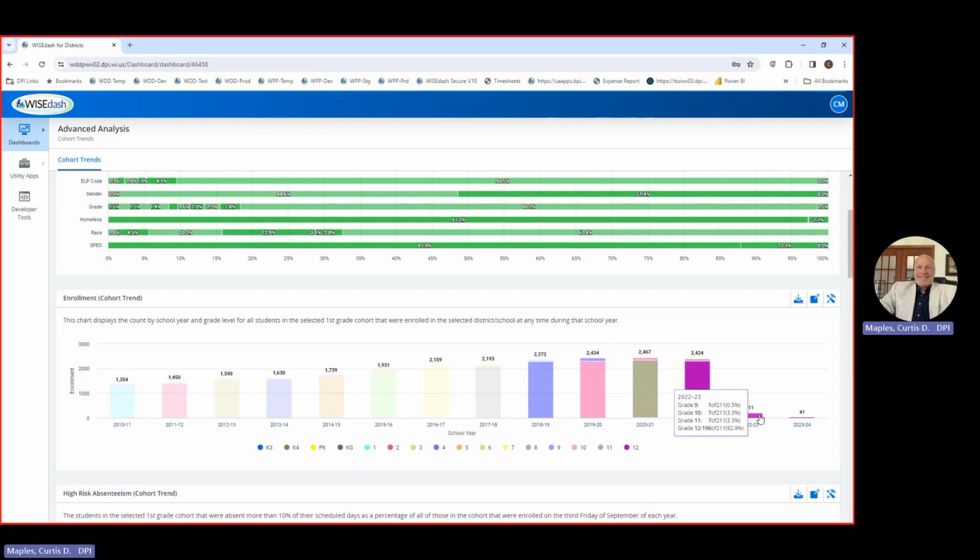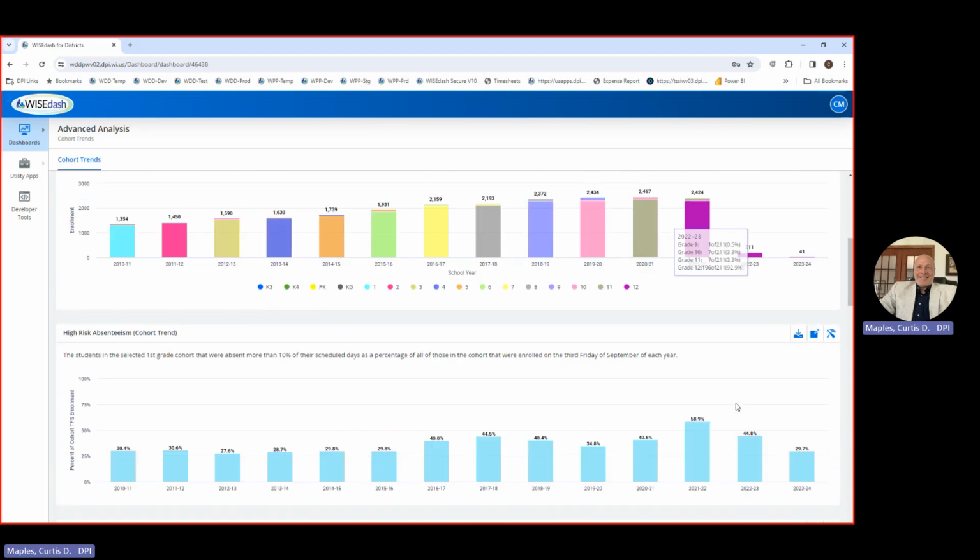And that's what this enrollment is telling me. Of course, at the tail end, most of our students have graduated in '21, '22 based on their graduation cohort. But those students that have not graduated in 4 years or have been held back, we get this drift right here at the end. And that's the power of